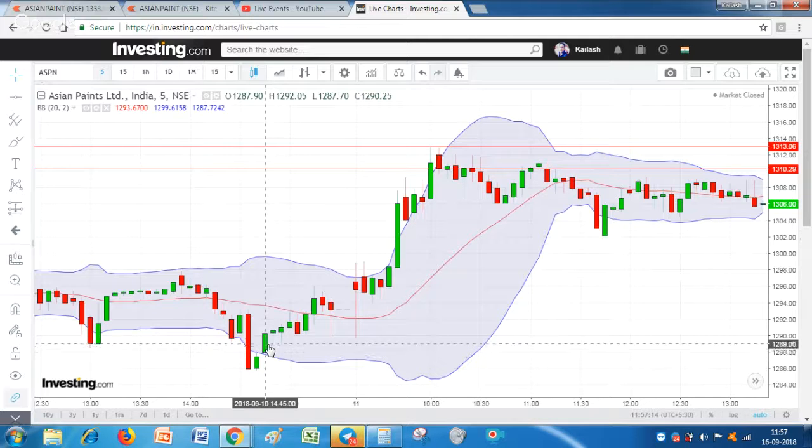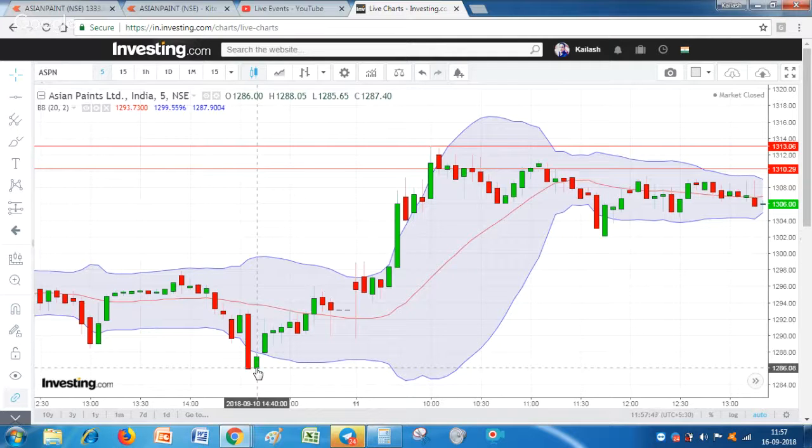In this candle we can take a buy entry, because look at this gap of the two candles. After this big red candle there is a small baby candle, and look at the next candle. This next candle will be our buy entry. We can take a buy entry anywhere in this candle, somewhere around 1289, 1288, 1289, even 1290 also. And we can keep a stop loss at this candle low, that is 1285, 1286.